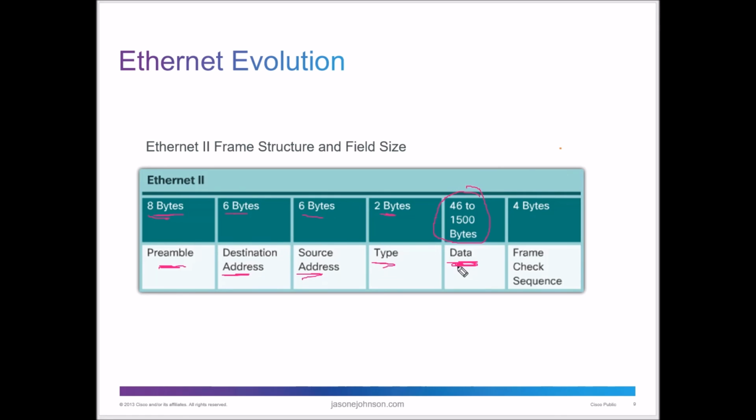But that data resides right here, and then you're going to have your frame check sequence, and that's 4 bytes of data. I can't pronounce that properly. That's the frame check, just to say, hey, did you get all the information? My preamble said I should have had X amount of bytes in here, including the data, so I should have had X amount of bytes coming your way. Did all of those go through? That's the frame check sequence, and it's going to resend if it didn't get the right amount, or if it did get the right amount, it'll accept and then keep moving on.